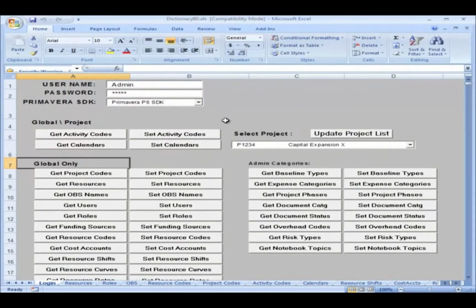I'm going to enable the macros in the SDK. And I have to log in exactly like I log into Primavera, and I'm logged in as the admin. So I've got this set up as a super user, so I'll log in. I'm going to update my project list. So you saw it connect to the actual database tables,